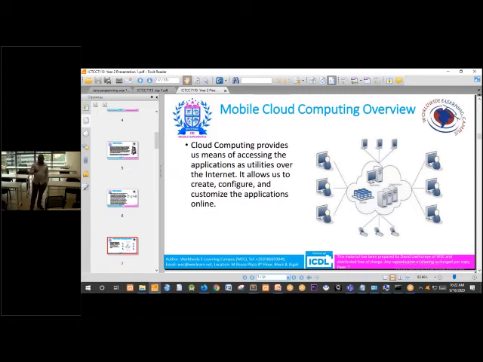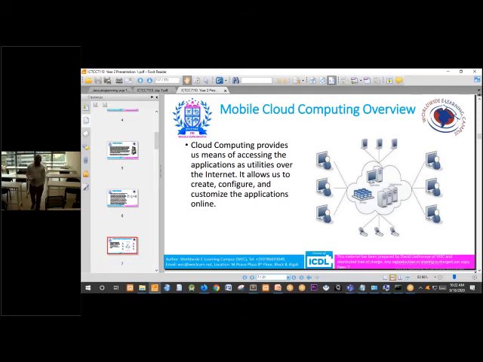It is the same here. You access these applications as utilities. You consume and then you pay per month of consumption.